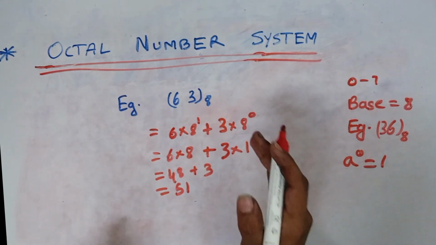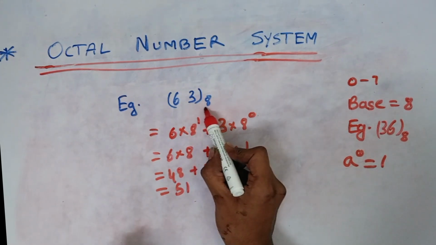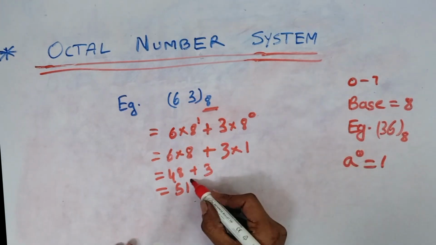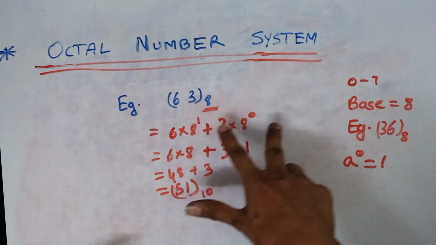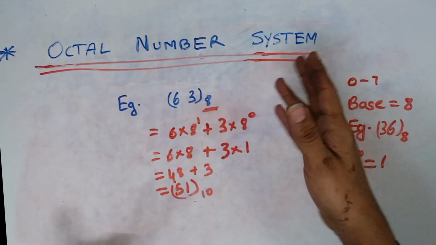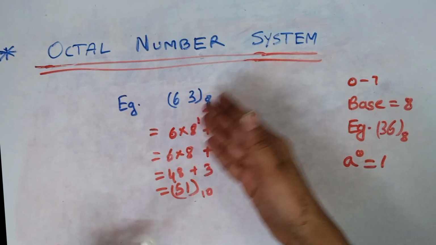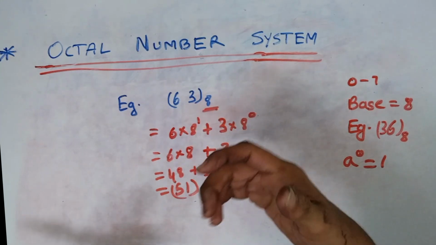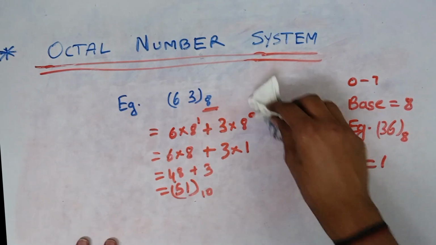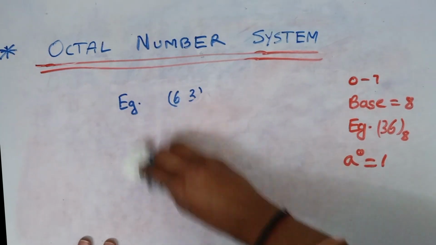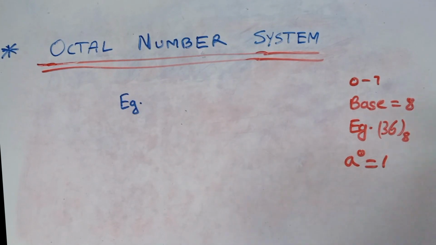Now here also, to convert an octal number to a decimal number, this method is applied. Why is this applied? We know that the base is 8, so when we apply this method, understanding the weights of the digits, it is indeed converted to a decimal number. Let us see another example as well. This time let's take a bigger number, like